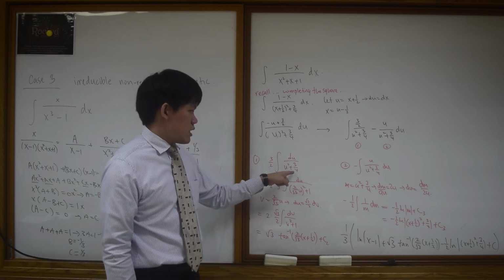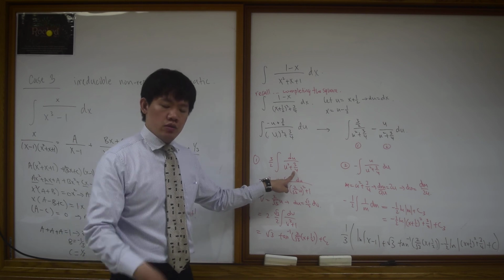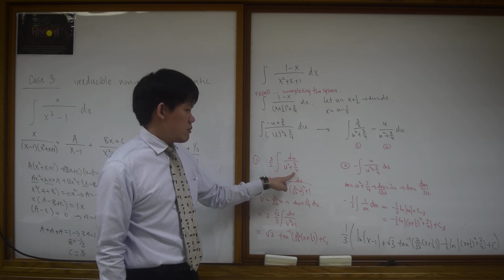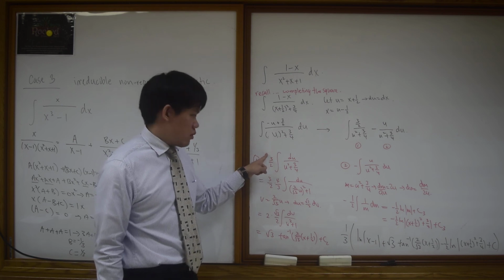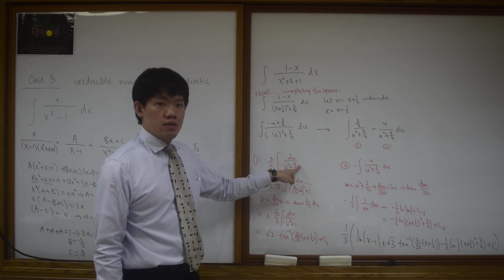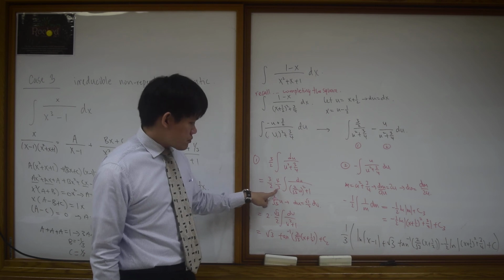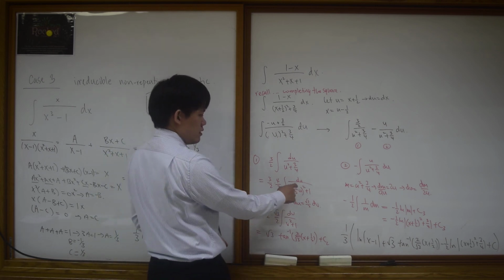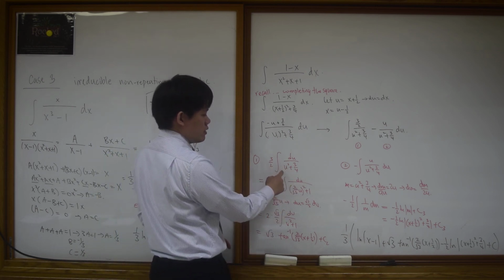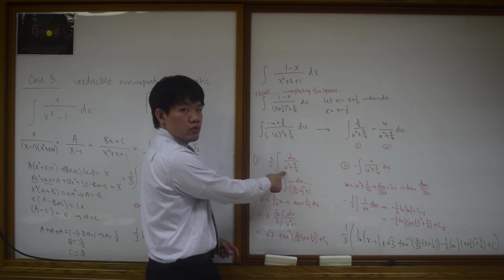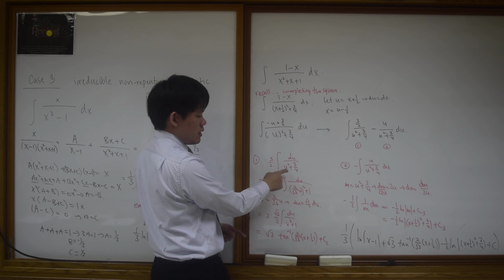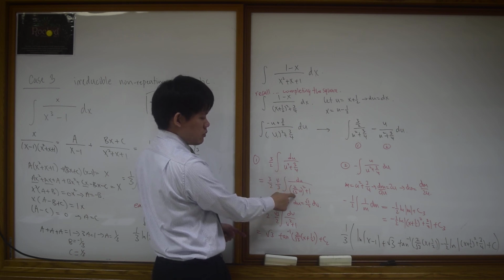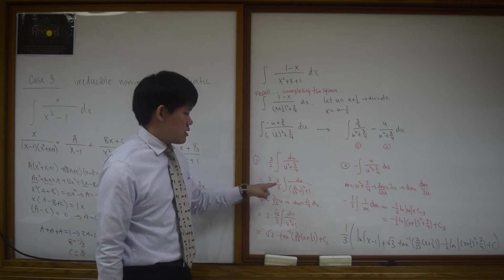So we have to change the 3/4 back into 1. Multiply everything by 4 in the denominator, and that means in the numerator you have to multiply by 4. And because of the 3, we have to factor the 3 out, so we have the 3 over here. Okay? So you end up with 4 over 3. We want to put it back into u, so under the square, the square root of 4 is 2, and the square root of 3 is √3. So you end up with 3/2 times 4/3 times